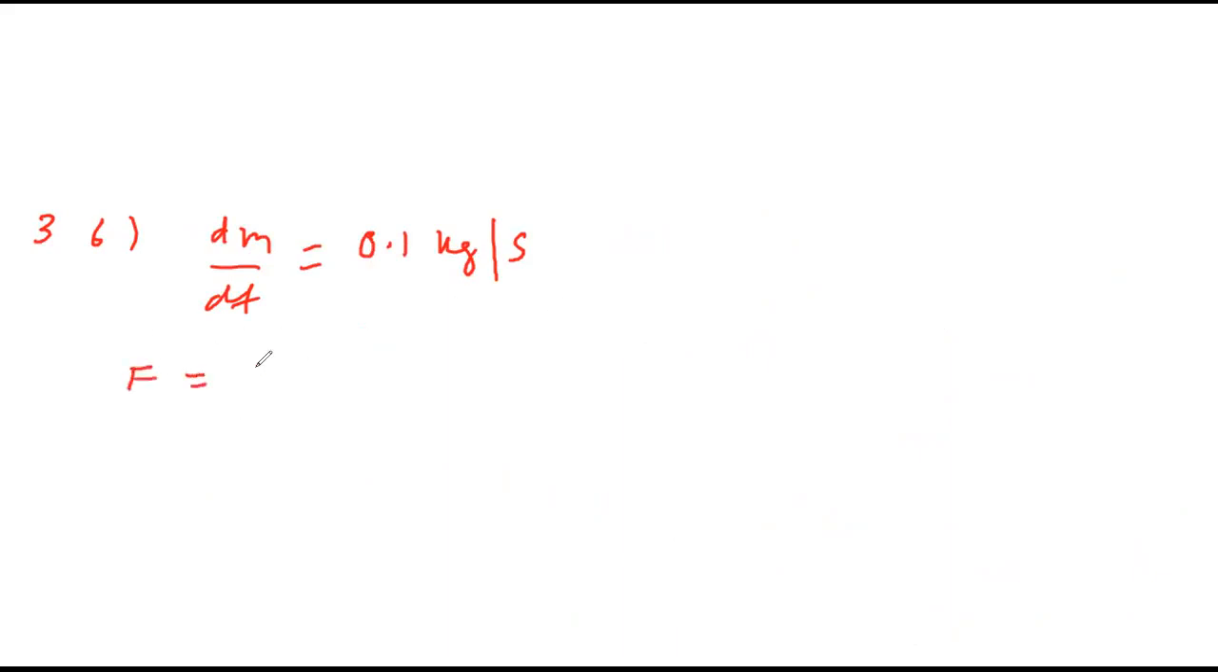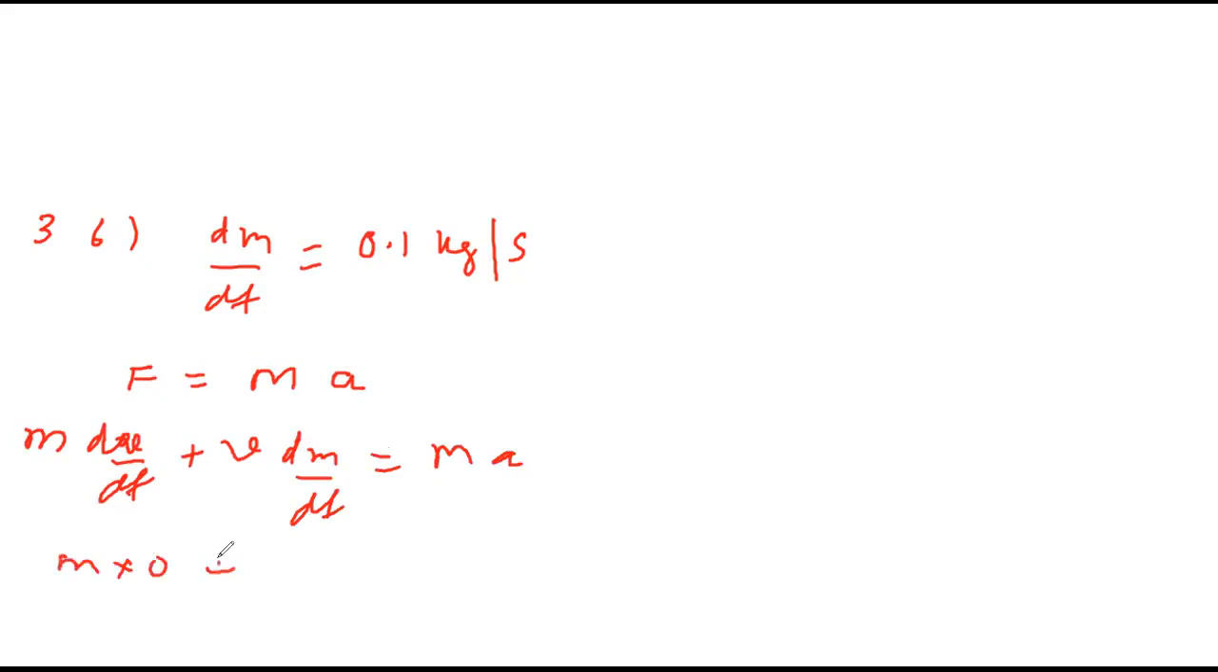So F equals m into a. Now this F is mass constant into dV by dt plus V constant into dm by dt, equal to ma. So this term will become 0. V is given as 1000, dm by dt is 0.1, equals ma. So this becomes 100